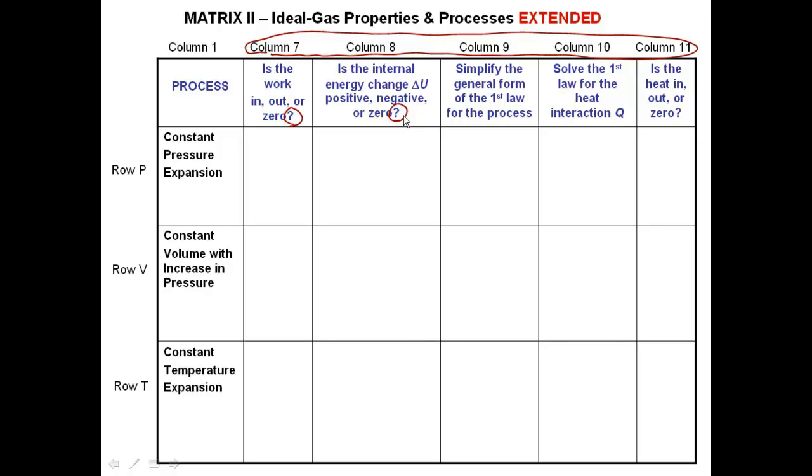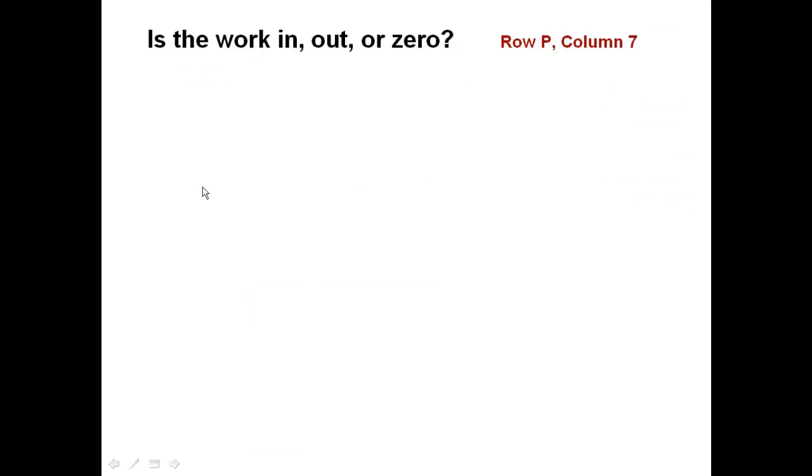So let's work on column 7 here and look at the question: is the work in, out, or zero for this constant pressure expansion process? Well, there are several ways we can do this. Let's look at it first of all physically. So here we're looking at the system